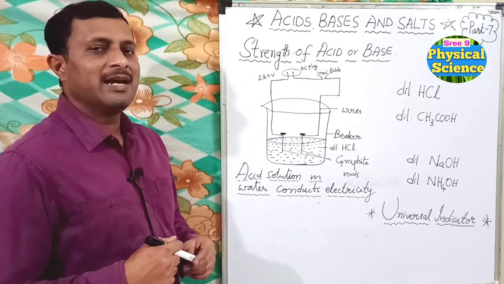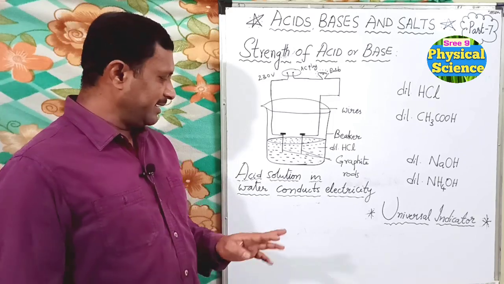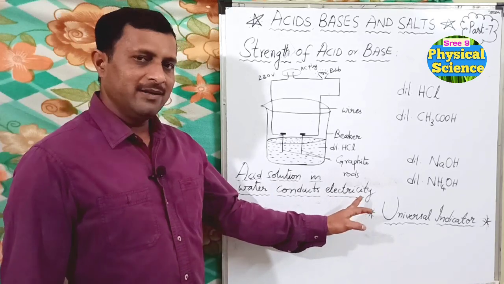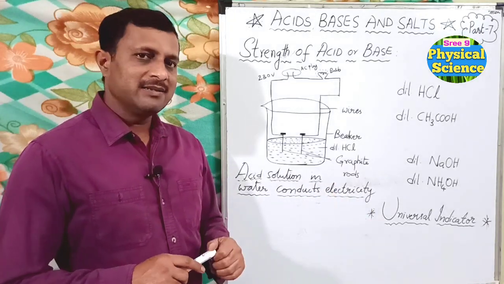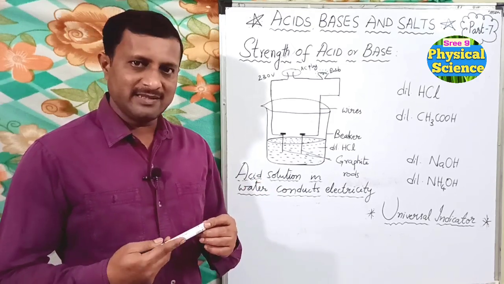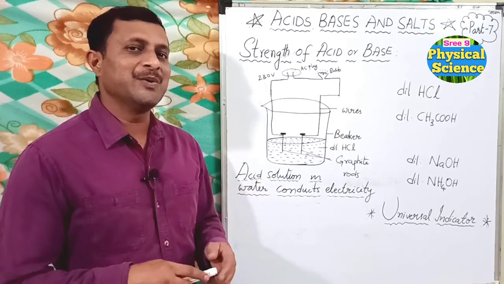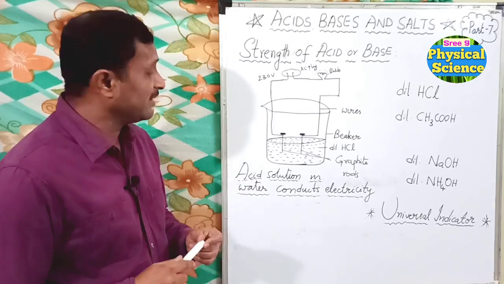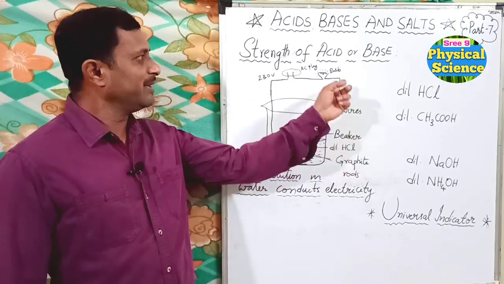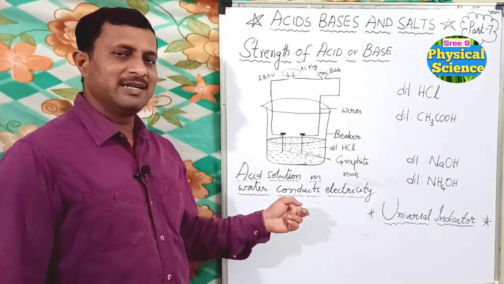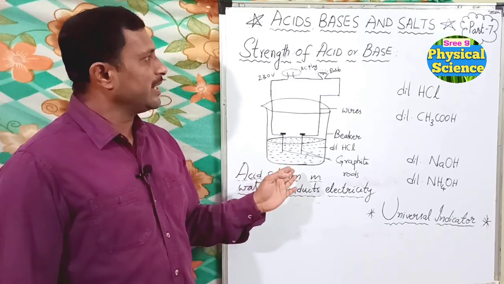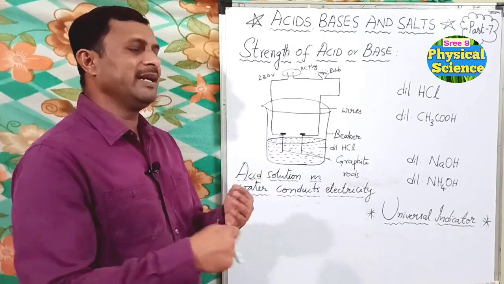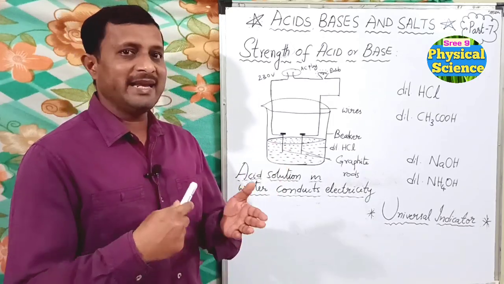on the activity. We have already learnt that an acid solution in water conducts electricity, that acids or bases in aqueous solution produce ions. They produce ions which are responsible for the flow of electricity. Do you remember this activity from the previous class? Yes. Now to understand the strength of an acid or base, we have to conduct this activity again, but by taking